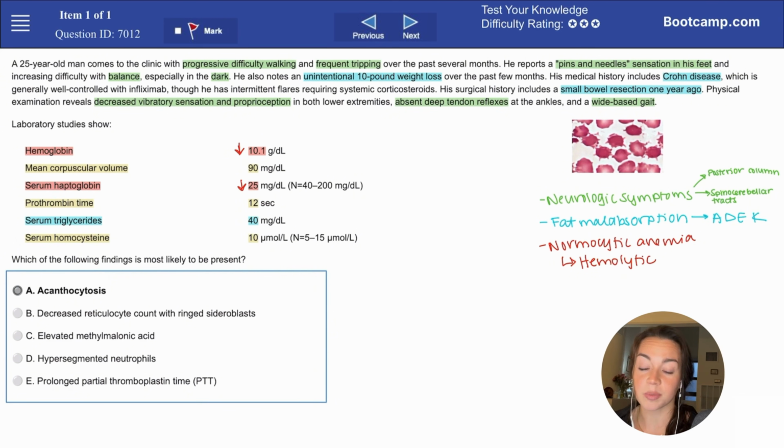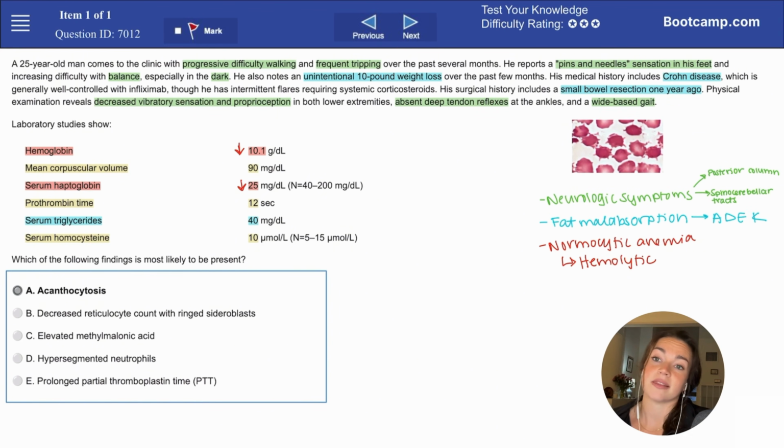And we noticed that our patient's difficulty with balance was especially prominent in the dark. And so when you're getting visual input, it's kind of easy to compensate for a poor proprioceptive sense. That's why something like the Romberg sign is very helpful. The Romberg sign, where you have patients stand with their feet together and close their eyes, and when they close their eyes and lose that visual input, that's sort of helping them to overcome their proprioceptive deficits,